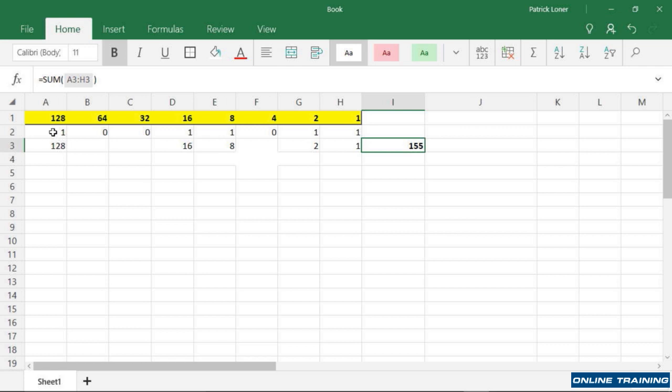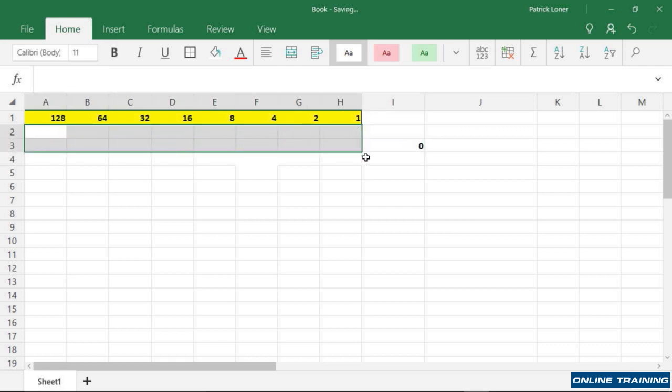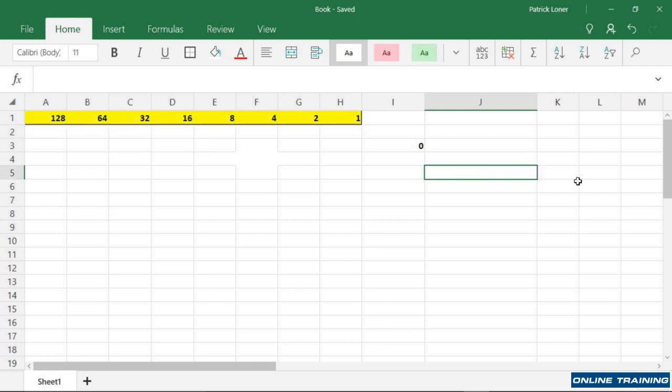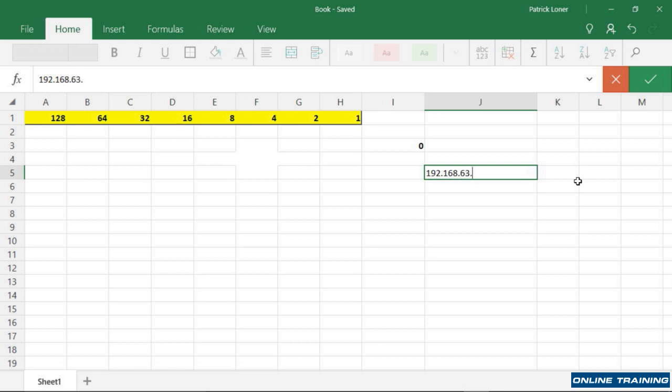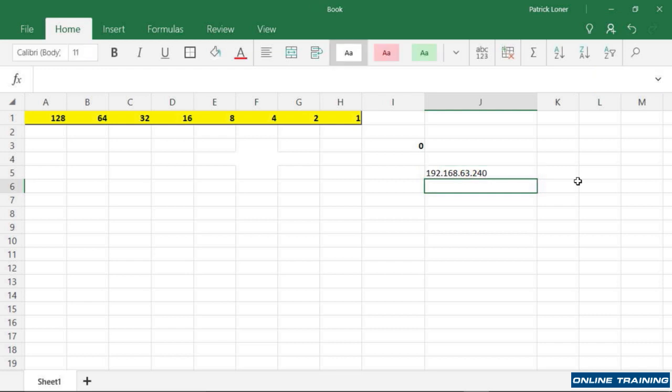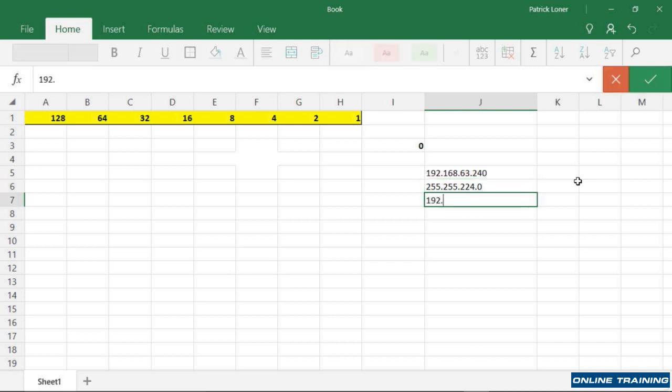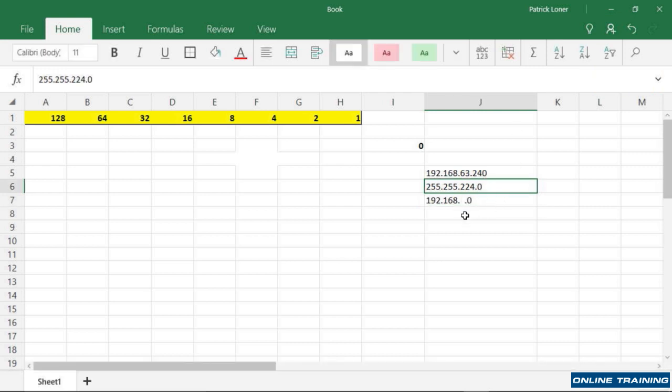All right, so you see how that works, and again, hopefully that might be review, but that's going to help us out here in a minute. Because if you get a number like this, 192.168.63.240, and then the subnet mask is 255.255.224.0. Well, when you're trying to figure out what the network ID is, which may be important if you're trying to figure out a connectivity issue, you know that it's 192.168, and you know that it's .0 because we've stopped here, right? The 3rd octet or the 4th octet is not being used. But what is